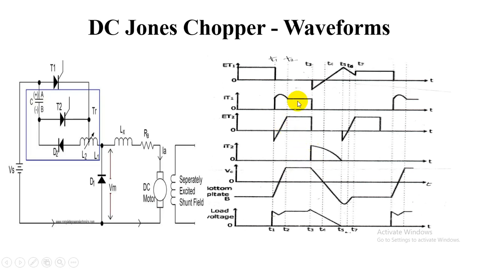After that, from T3 to T4, the thyristor T1 is going to be turned off by the polarities across the capacitor. Then it takes some time to turn off because a reverse recovery time is happening for making the thyristor T1 off. If the thyristor T1 is off, we can say that it's going to be open circuited, thereby there is no current flowing through the thyristor T1. And in the same manner, T2 is going to be on.